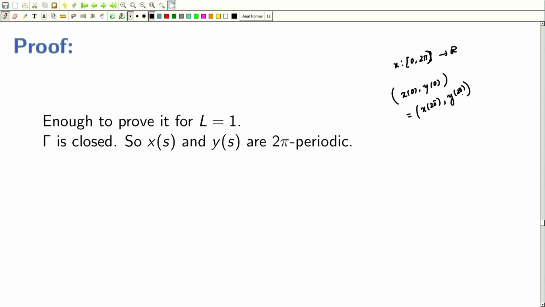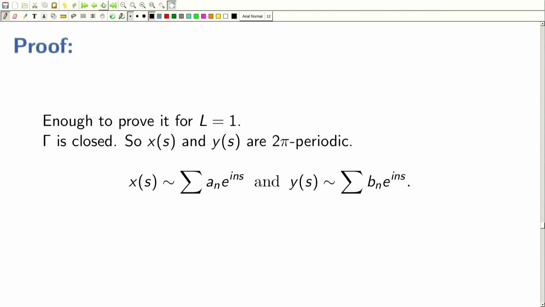So, it is a closed curve. So, we can think of this as a 2 pi periodic function. Once we have got a 2 pi periodic function, then we have the full power of the